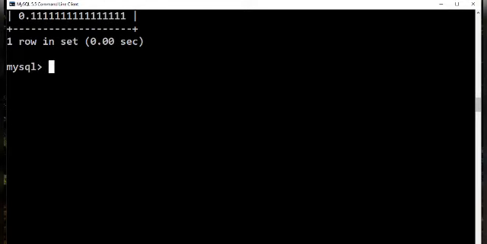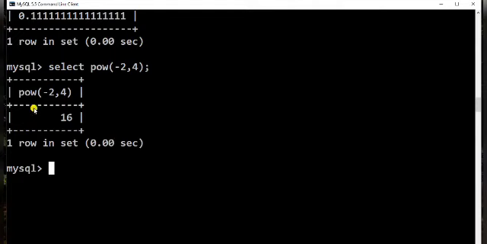Now if the first parameter is negative, so pow of minus 2, 4. As I have told you, the rule of mathematics says that if the second parameter is even, the answer will come positive, and if the second parameter is odd, then the answer will come negative.